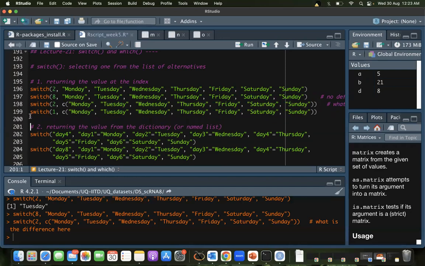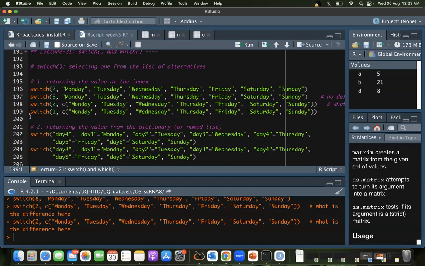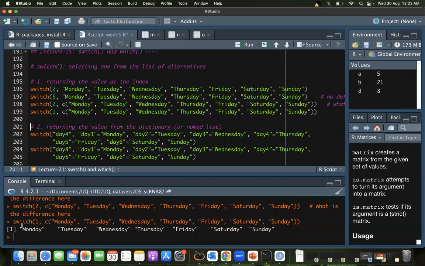Maybe this will make it clear. If I'm running this, I'm not getting an output. But if I run this, I get everything as the output. So 8, there is nothing. This is position 1, 2, 3, 4, 5, 6, 7. There's no position 8, so I don't get an output. Likewise, here, this whole thing is element 1, instead of Monday. So when I run with 1, I get the whole thing as the output. But when I run 2, I don't get any output.